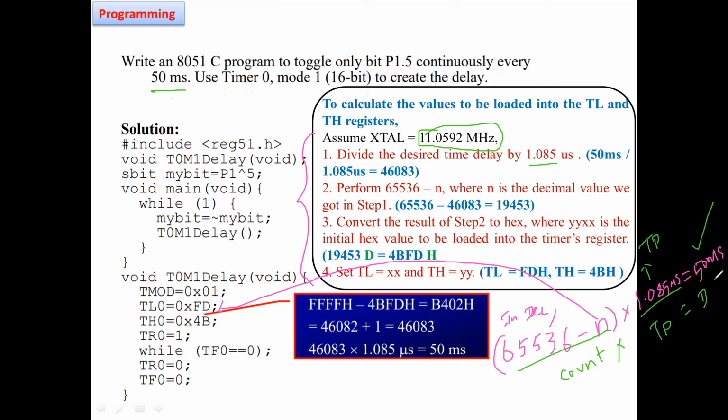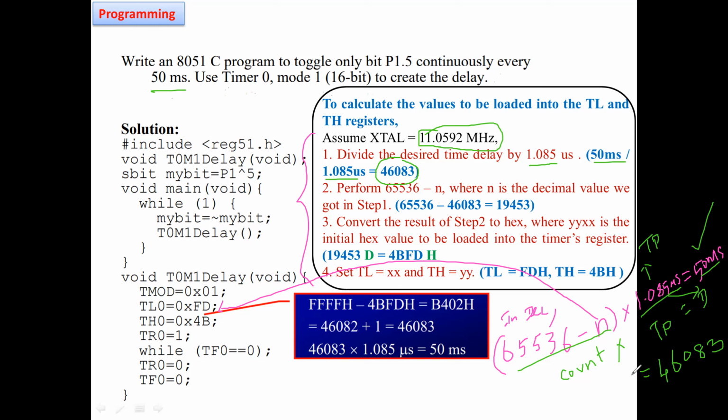You have the formula now, right? So always you divide 50 milliseconds by 1.085 microseconds, which gives 46083. So this is your count, whatever we can say, right?